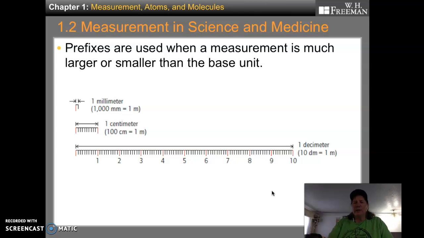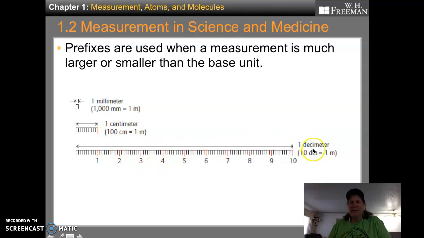So let's say you're going to measure. Here we've got a millimeter. Okay, we're measuring a small unit. Most of the time when we measure stuff in chemistry, we use a centimeter. Where we would use inches, we would use a centimeter. There's like 4 centimeters in an inch. About that. No, I lied. There's 2.54 centimeters in an inch. I said that wrong. Sorry about that.